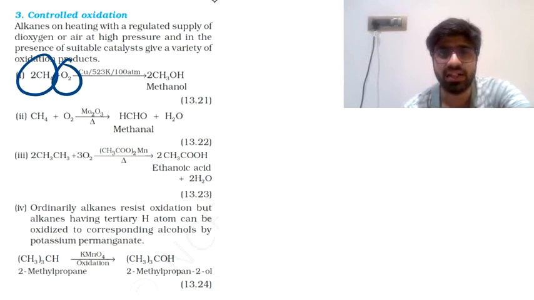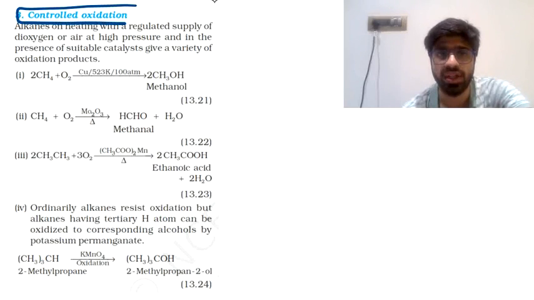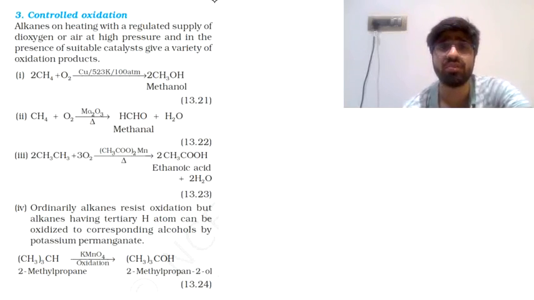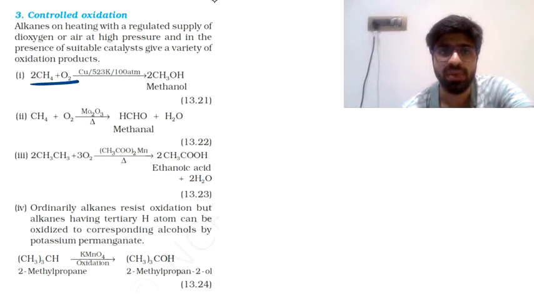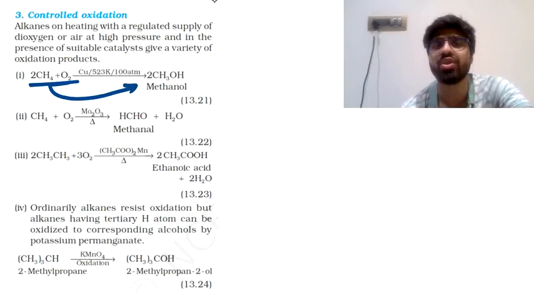It's methane reacting with oxygen. You might think this is combustion, but it's only controlled oxidation. Controlled oxidation will not give you carbon dioxide and water. It will stop the reaction at a little earlier stage. That is, it will partially oxidize methane and convert it to methanol. Now, whether you get methanol or something else, that depends upon the catalyst which you are taking. The catalyst you have taken here is copper, and even the conditions matter. It is 523 Kelvin and a very high pressure of 100 atmospheres. In these conditions, methane and oxygen are combining to give you methanol.